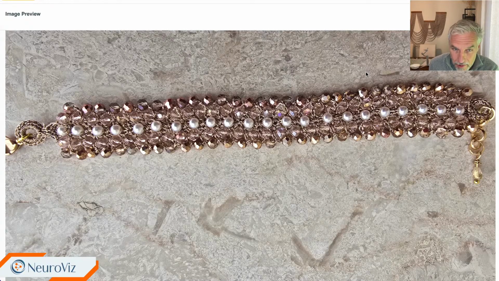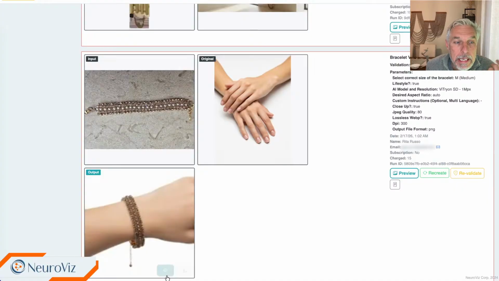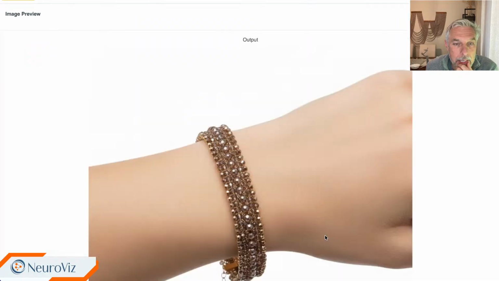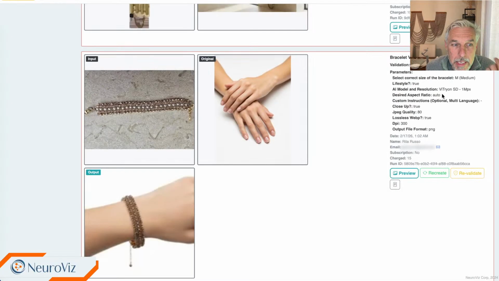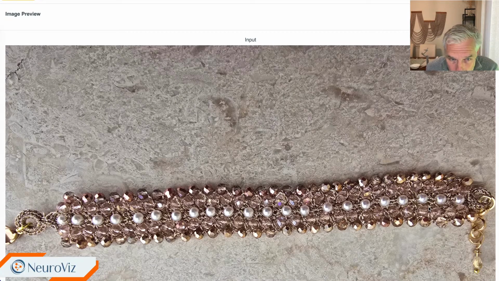It's really not a good photo, first of all. However, it will try to place it on the hands, and it did. But I don't think the design was correctly represented. For complex stuff like this, really complex jewelry, especially considering the bad background and bad photo quality,